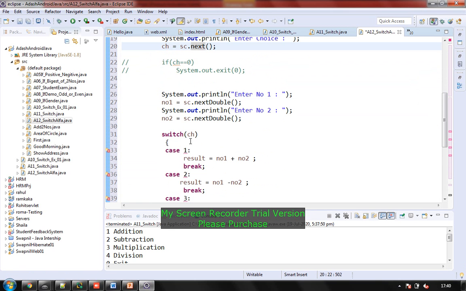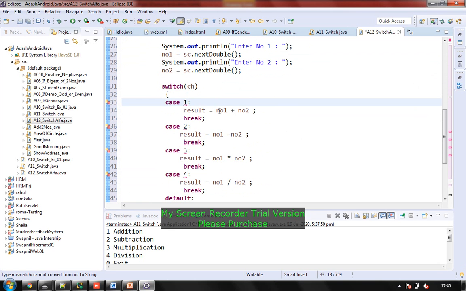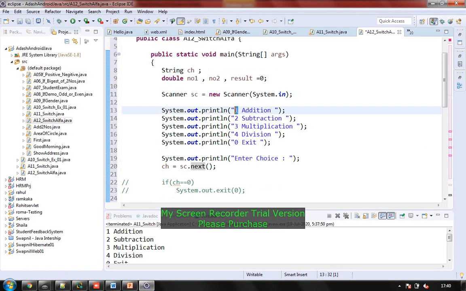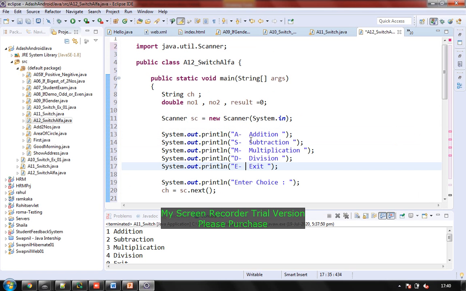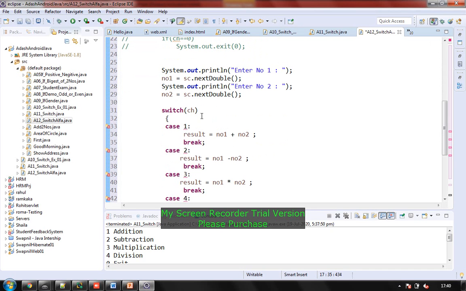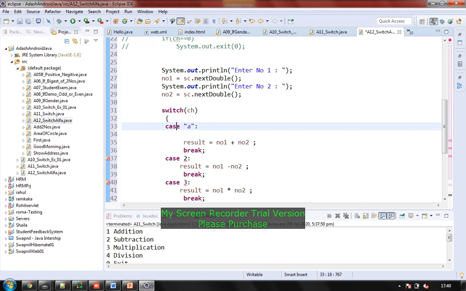After that, choices are the same, but here it is creating a problem, because in this case 1 will not be 1. So what will it be? It will be A for addition, it will be S for subtraction, it will be M for multiplication, and it will be D for division, and it will be E for exit. So this kind of alphabets we will be using as input. And then if you are going to compare, this has to be an alphabet. So when you write alphabets, it can be small, that is a for addition, as well as